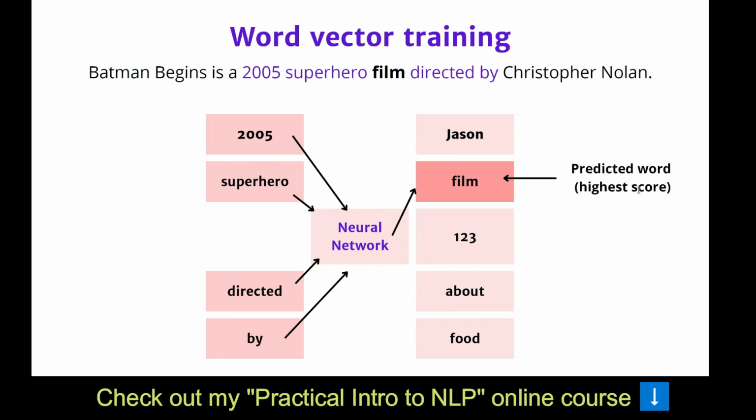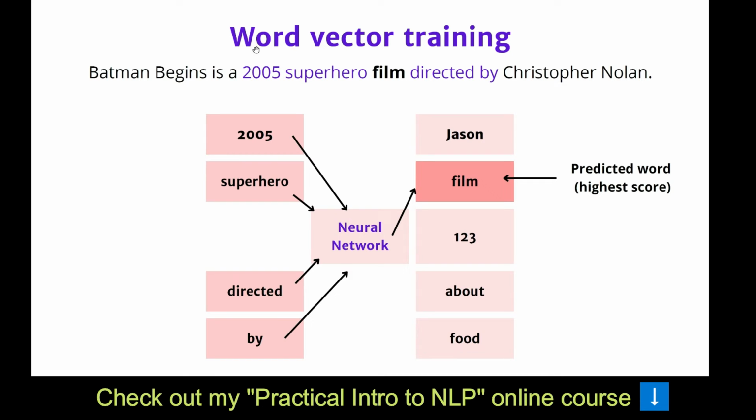So at the end of the day, once this algorithm is trained, food and related words are closer together, film and related words are closer together, or let's say you have Batman and related words, other superheroes like Spider-Man, etc., are closer together. And for a given word, for example film, after the whole training is done on the whole corpus, maybe 100,000 or 500,000 such 5-word contexts,